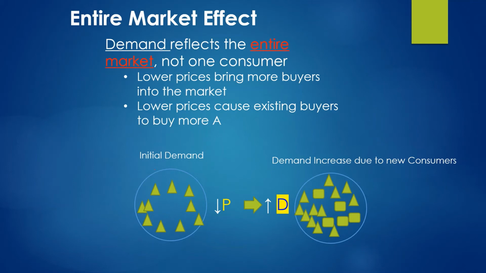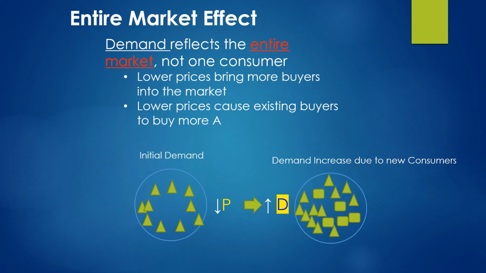So whenever there is a decrease in price, there will be an increase in demand. That can be explained by considering the entire market effect: the increase in the demand of the existing buyers, and also the entrance of new buyers in the market at lower prices. And you can understand the vice versa condition, that whenever there is an increase in the price of a good, then there are